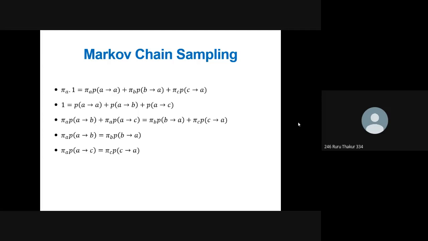This implies that we need to have the probabilities P A to B equal to P B to A, and P A to C equal to P C to A. Now, how are we supposed to implement this? That's very simple. By moving from any configuration with the probability 1/4 to the right, up, left, and down. So all of these allowed moves have the probability 1/4, which is a fairly simple solution, and it also involves rejections.